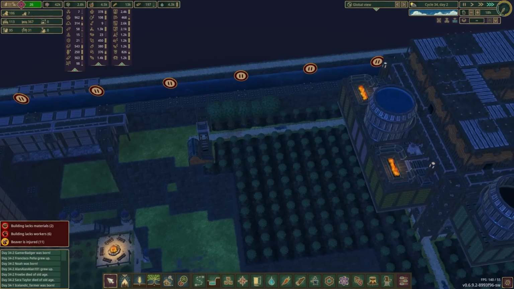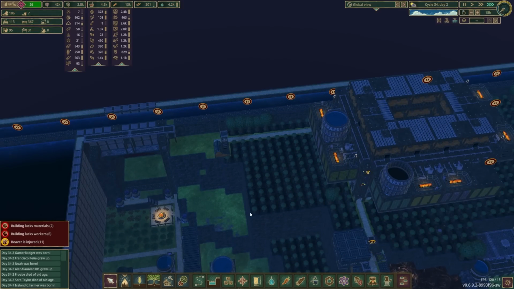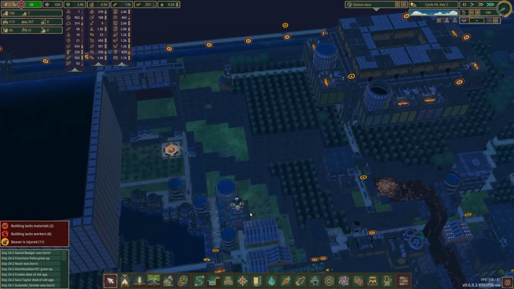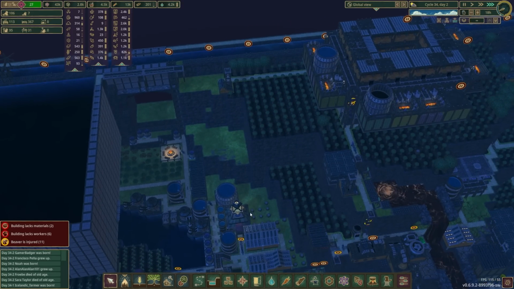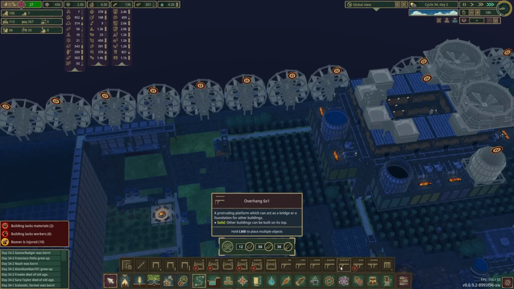So you can see up here, we have some trees. We have these foresters and everything. We have lumberjack flags that are able to harvest stuff. But what we're going to end up doing is we're going to have to relocate where this forester is going because...